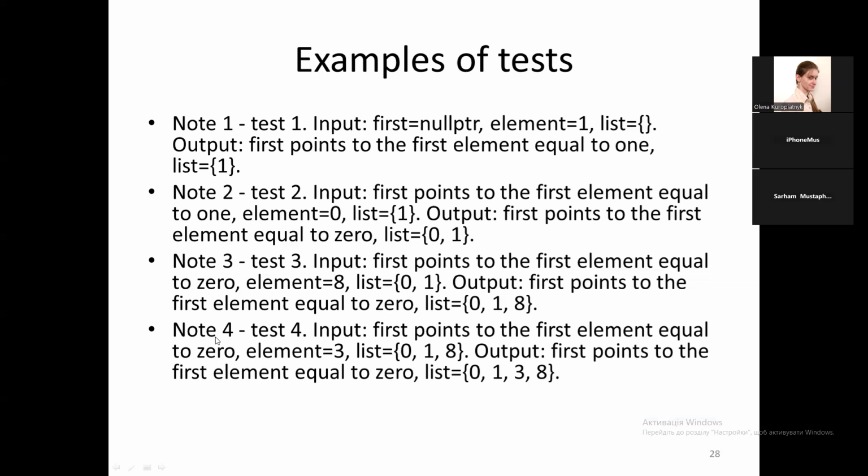And the last test, when we have a list with 0, 1, and 8, and we need to add an element equal to 3. After performing this function, we have the result 0, 1, 3, 8, and you can see 3 in the middle position in my list. It is the right result,